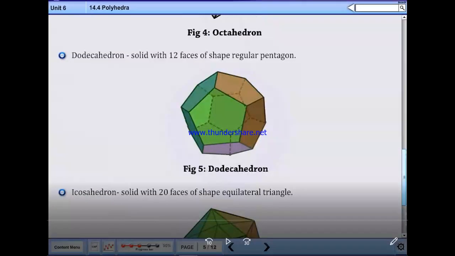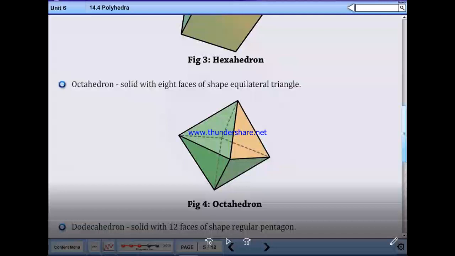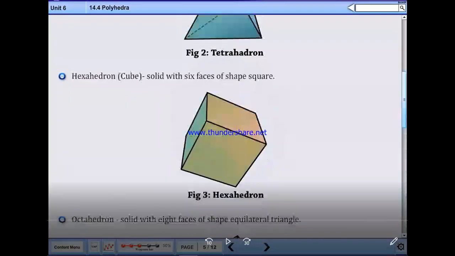Dodecahedron, a solid with 12 faces of shape regular pentagon. Octahedron, solid with 8 faces of shape equilateral triangle. Hexahedron, solid with 6 faces of shape square.